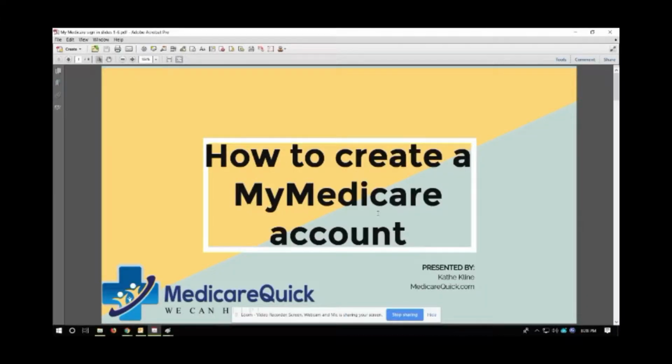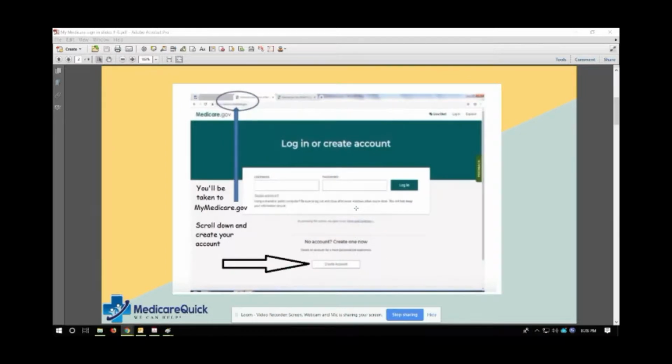Okay, so we're going to learn today how to create the My Medicare account. Now, you can go to My Medicare the way I showed you earlier, or you can go straight to MyMedicare.gov, and then you'll be taken to a screen that looks like this. You'll scroll down to the bottom, and you'll see the little box that says Create Account, and you'll click that